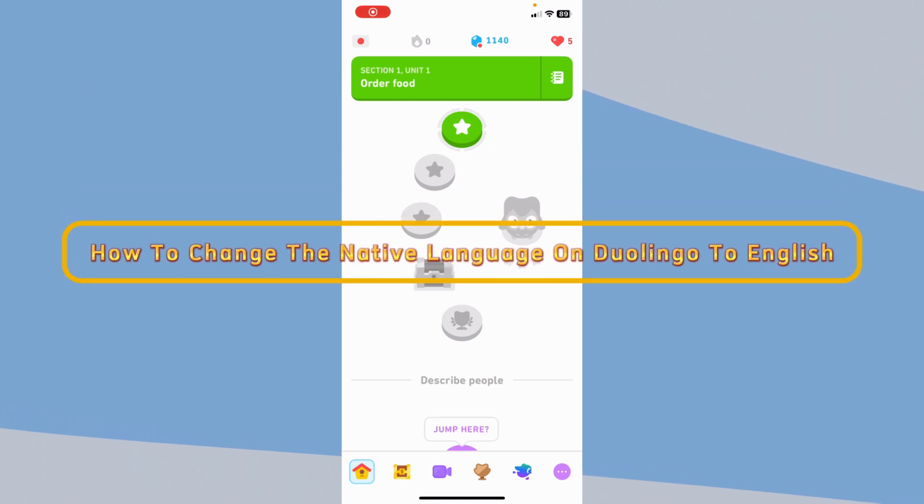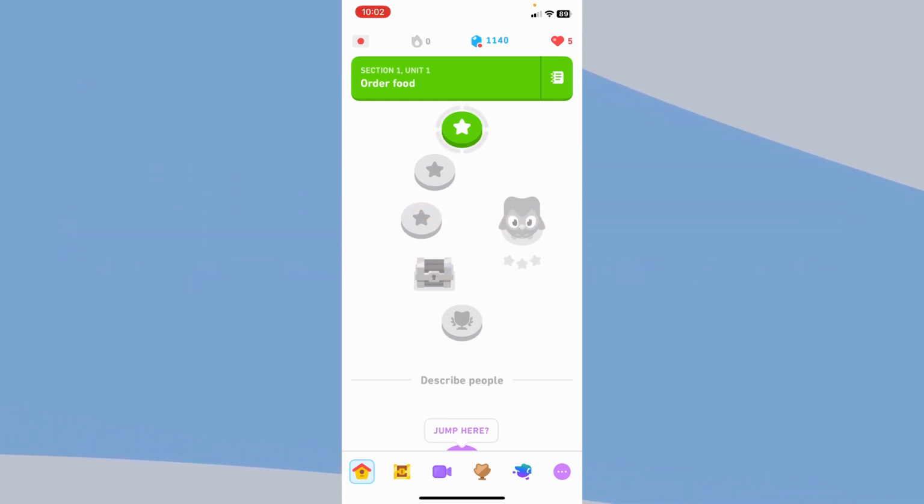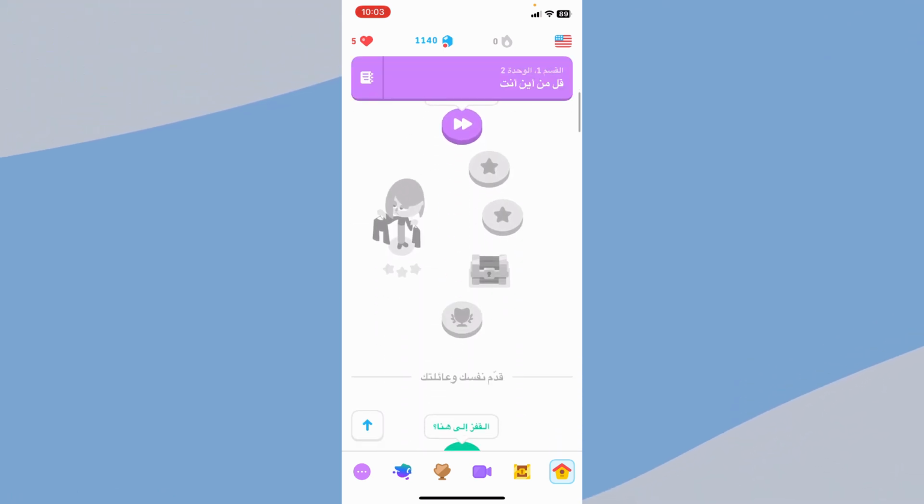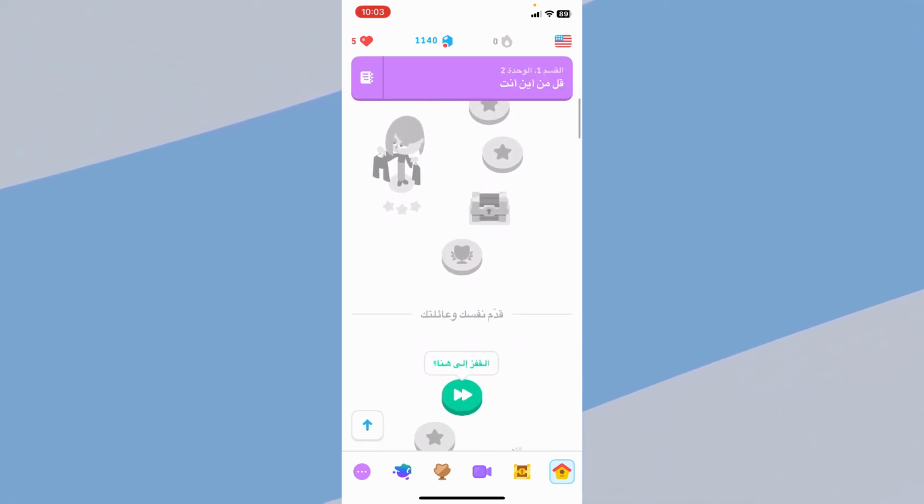How to change the native language on Duolingo to English. So right now I'm in English, but let's say for an example, I was not in English. Let me show you how to do that. Now, as you guys can see, my native language is no more English. I'm in Arabic. But let's say I want to turn this into English so I can learn different languages through